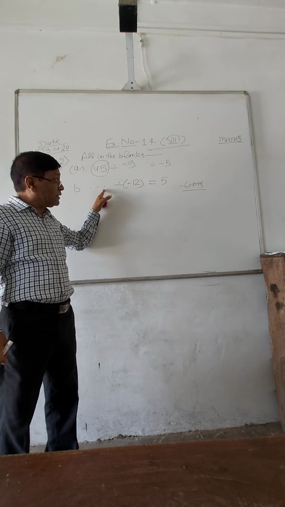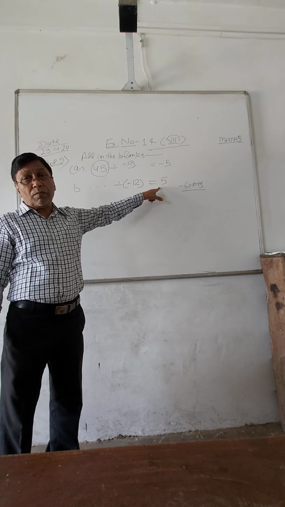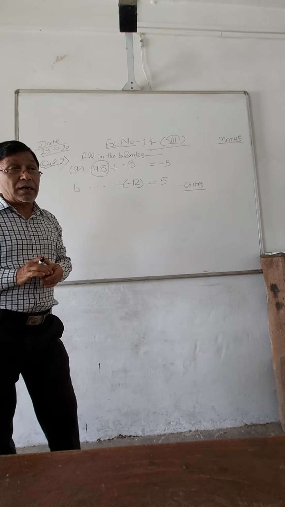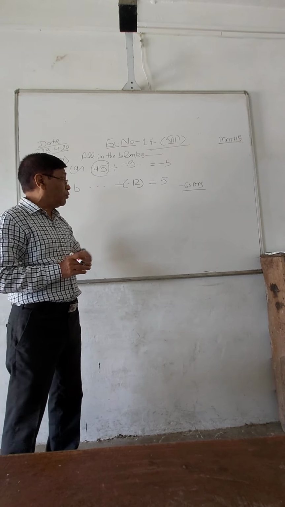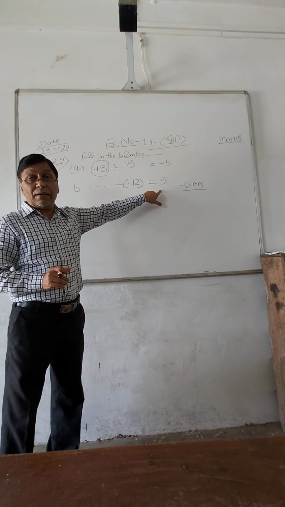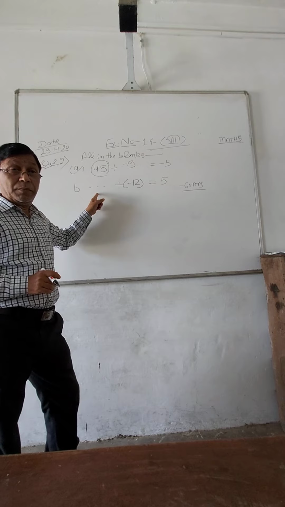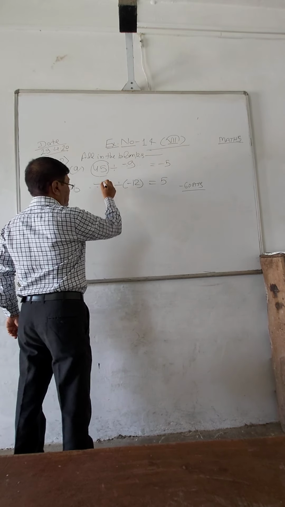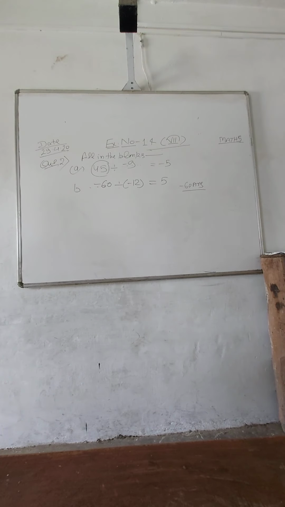But again check this is coming positive. So positive when it comes in the division, when both numbers are having same sign. दोनों नंबर का साइन जब सेम होगा तभी यहाँ पॉजिटिव आएगा. Since this is negative, so that number will be also negative. So answer will be minus 60. Clear? Now next,